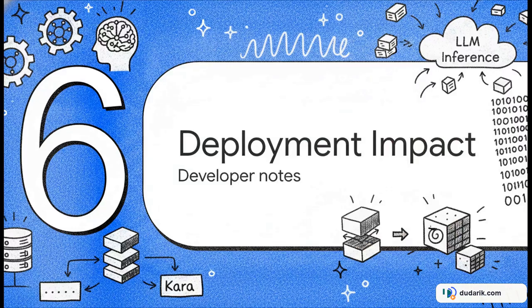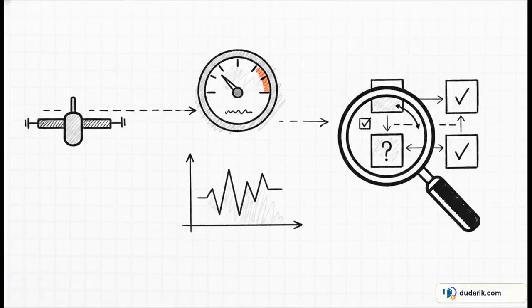Section 6. Deployment and Serving Impact. Here is what developers actually need to know about the practical realities and impacts of deploying KARA in your own stacks. The deployment steps are remarkably straightforward. You deploy KV-LLM just like you would a standard vLLM server. From there, you configure your sliding window sizes and compression thresholds via server-side parameters, carefully tuning them based on your